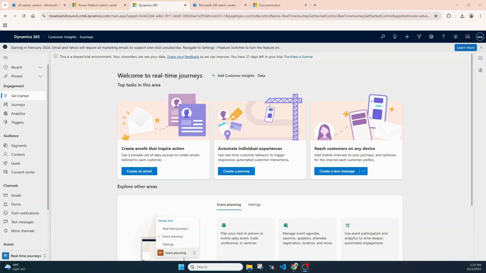Now that you have seen how to configure a segment, we will see how we can configure a journey. But before configuring a journey, it's very important to consider a few steps. I'll open this Word document and explain what I'm saying. So for a journey, you would either need